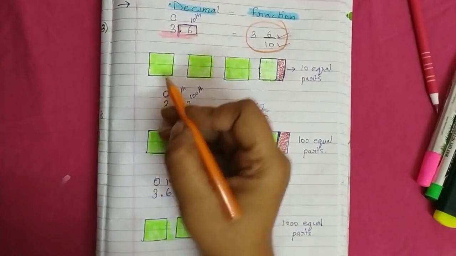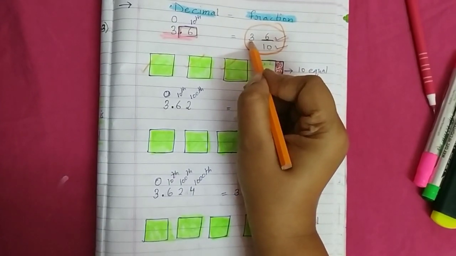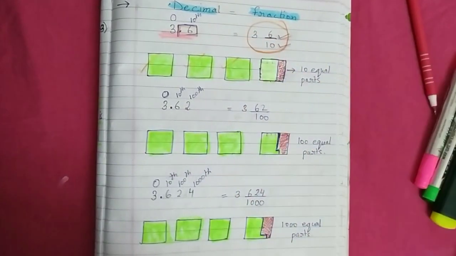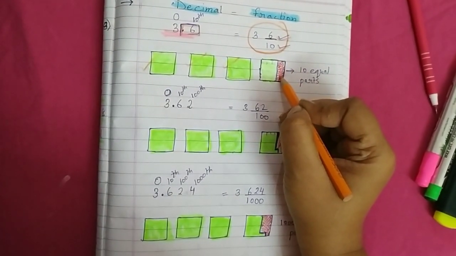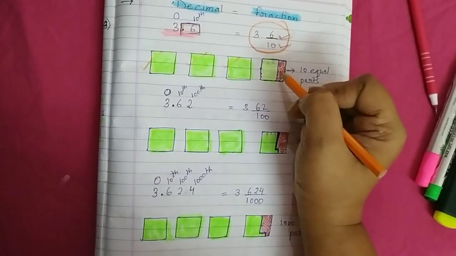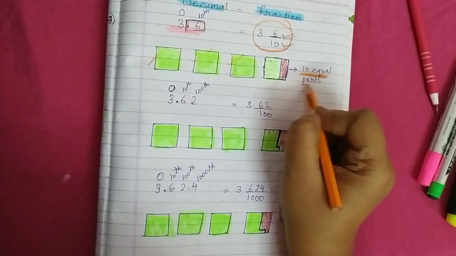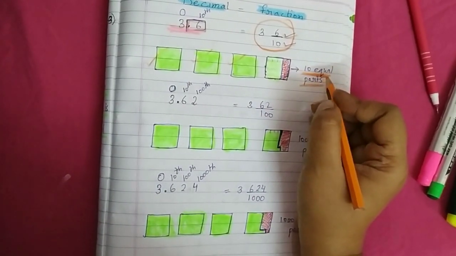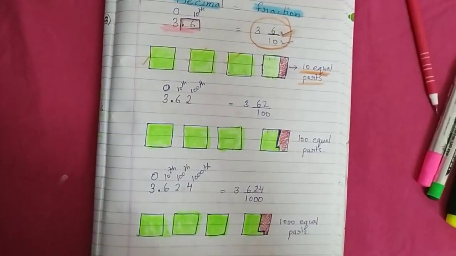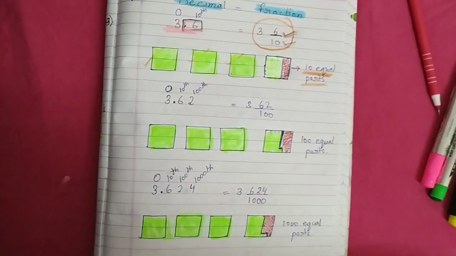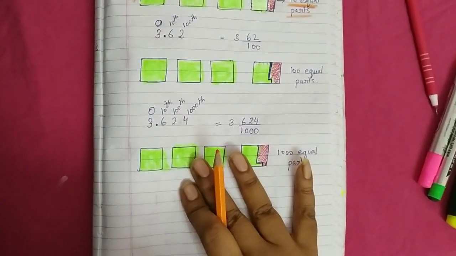Here you can see the figure, children. First is complete, second is complete, third is complete. Why? Because we have 3 complete numbers. And the last one, the red shaded part, can you see? That is the part which we do not have. So 6 upon 10 means 1 is divided into 10 equal parts, and from those 10 equal parts we have taken only 6 parts. That means it is not a complete 1. Okay, so 6 upon 10. This is clear. Now let's take one more example, children.